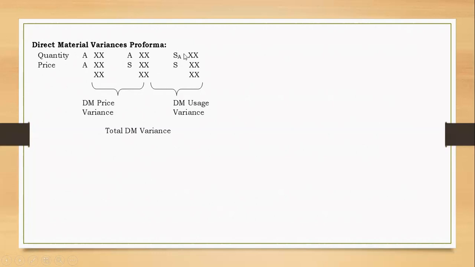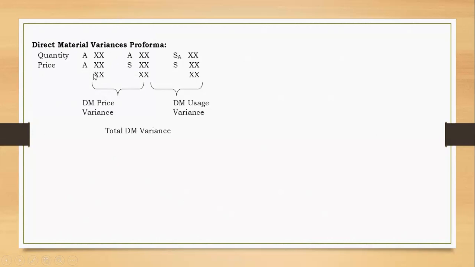SA, but it's actually the standard quantity, but for actual output, not for per unit. For actual output and not for budgeted units, for actual output. We'll see this, don't worry. All right, you take this one times this actual quantity and actual price, you get actual cost, but this actual